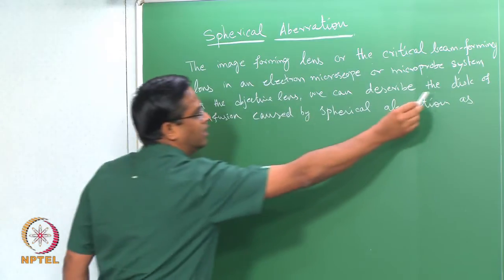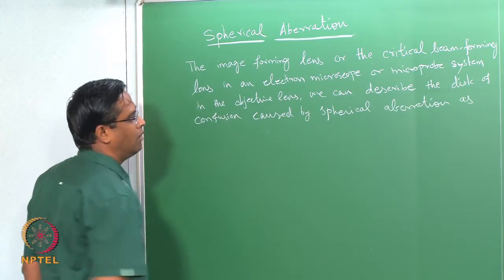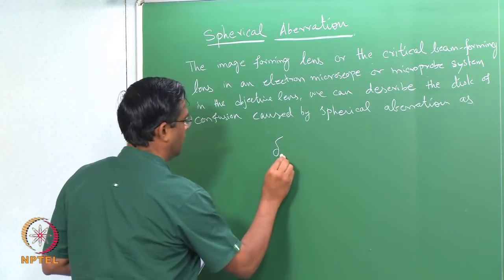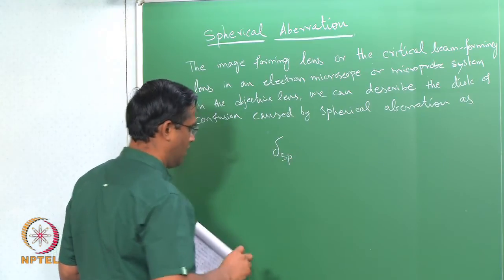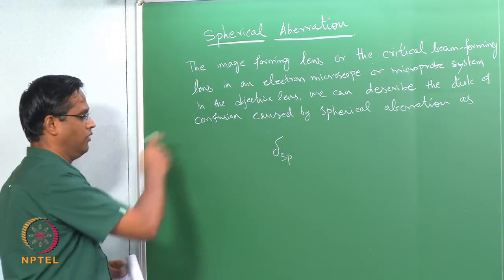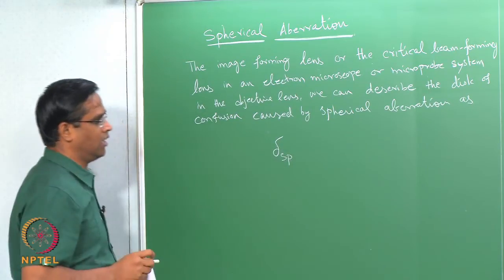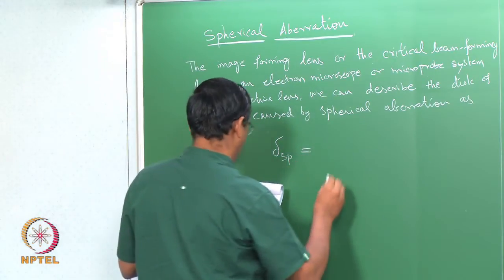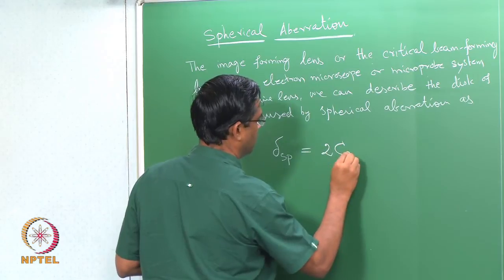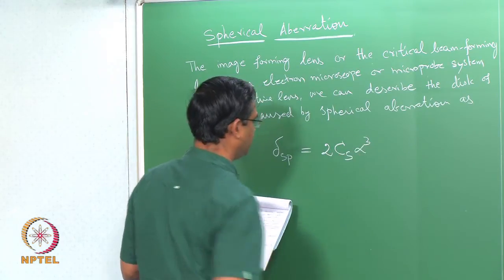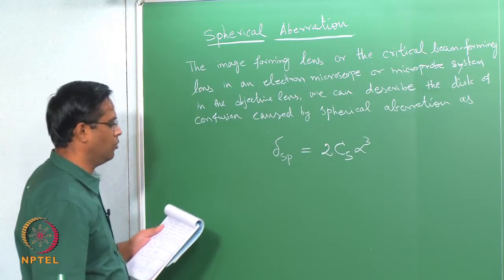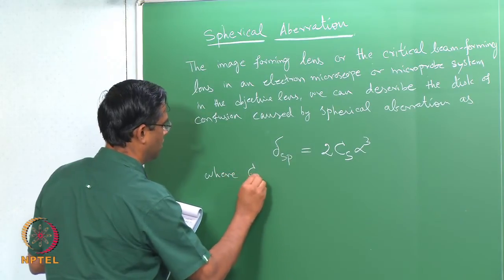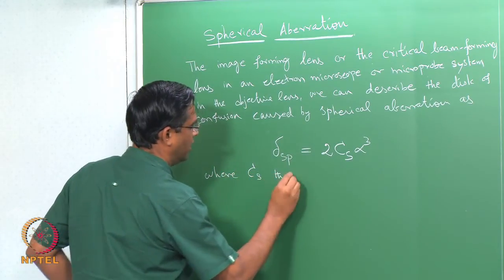We can describe the disk of confusion caused by the spherical aberration as delta SP. Delta naught is the general notation for the disk of least confusion. Here delta SP, exclusively caused by the spherical aberration, can be represented as two times CS alpha cube, where CS is the spherical aberration coefficient,